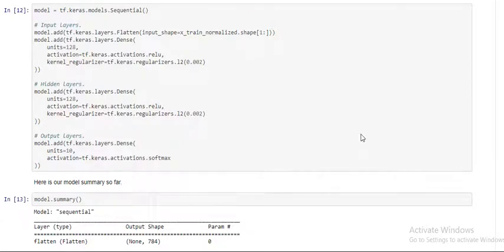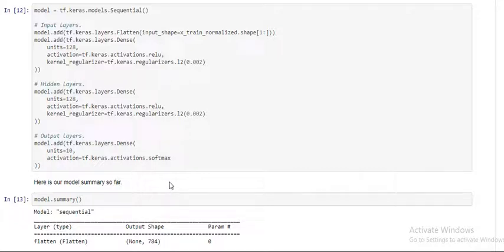So guys, as I mentioned, we are going to use three layers: input layer, hidden layer and output layer. In the input layer we divide it into flatten and dense layers, and we use a dense layer for our hidden layer also.